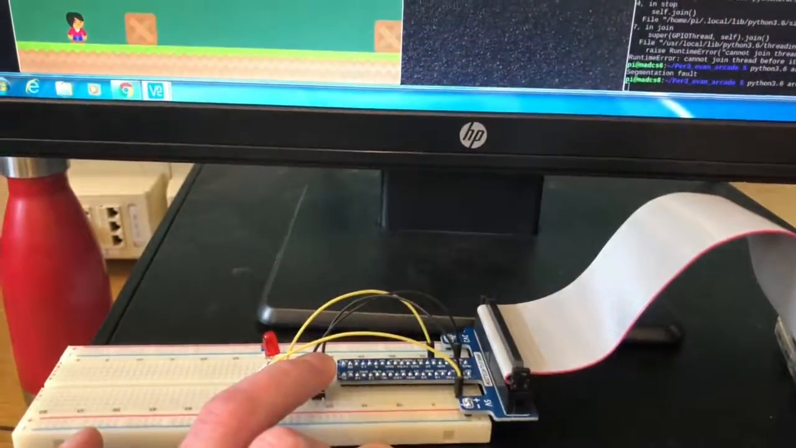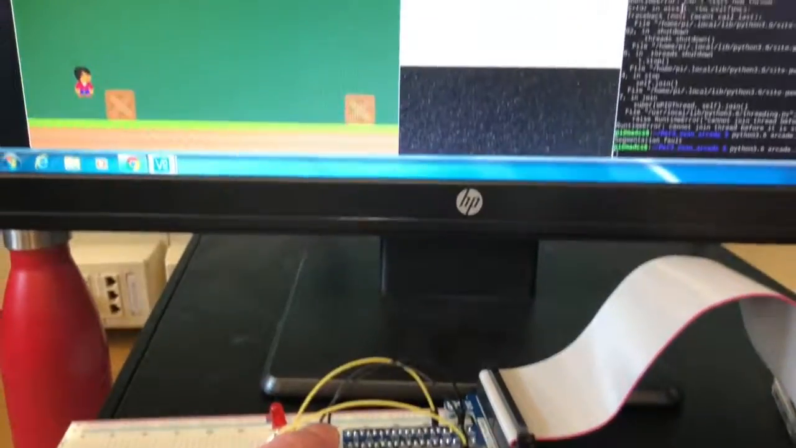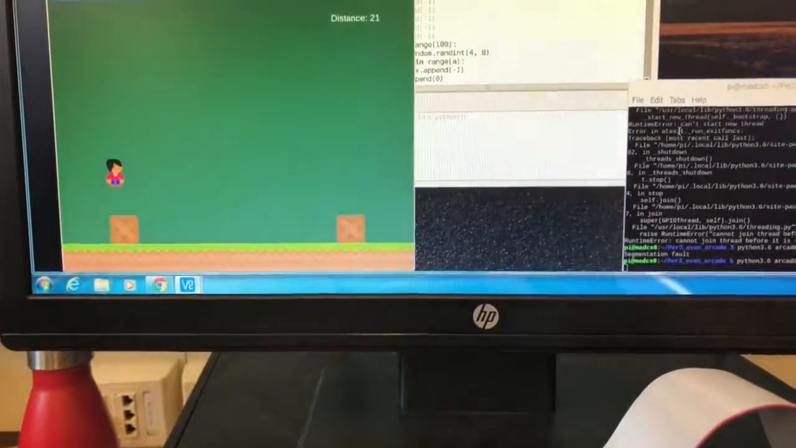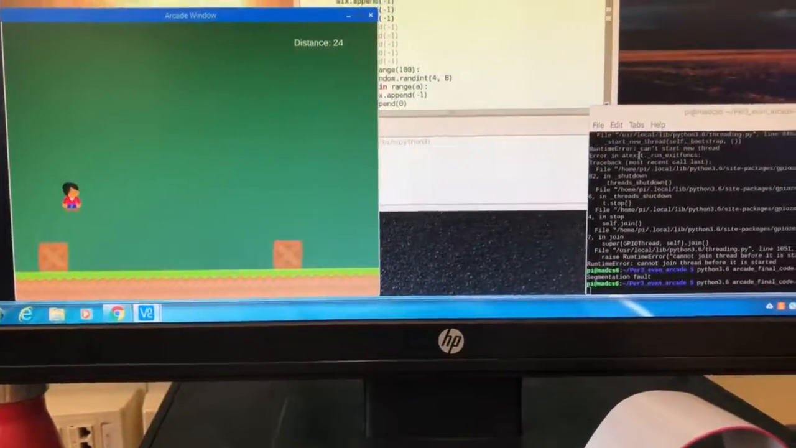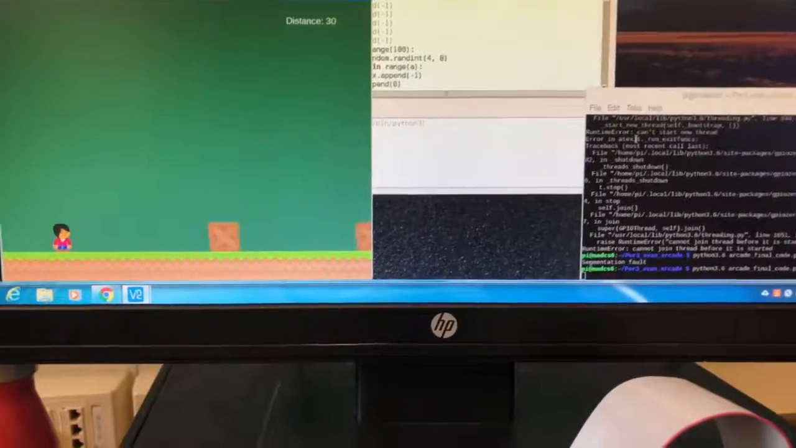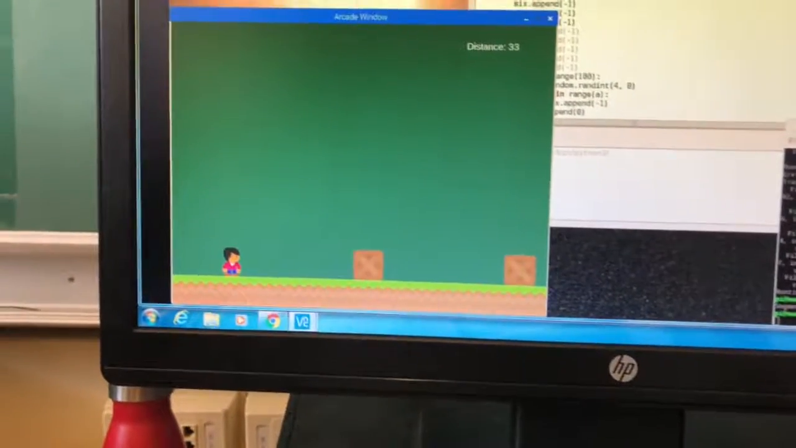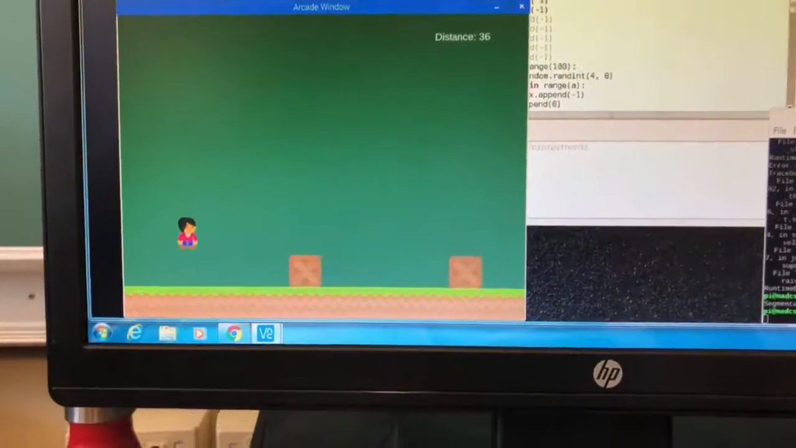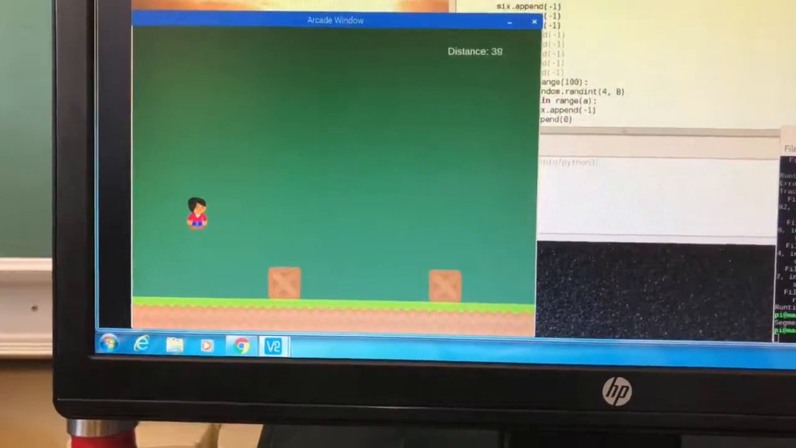As you can see, Holden is about to press a button on the Raspberry Pi, which will make our character jump in the game. It's a lot smoother on the computer, but right now it's pretty laggy. And now we're just going to let the character run into the next box. And when that happens,